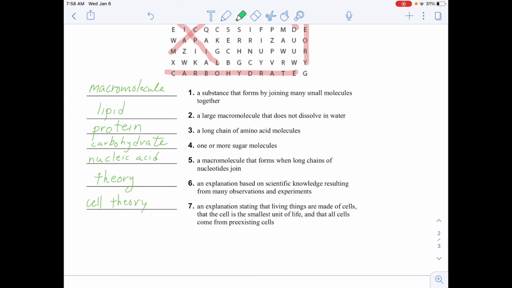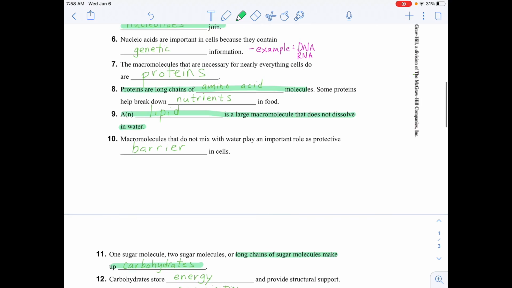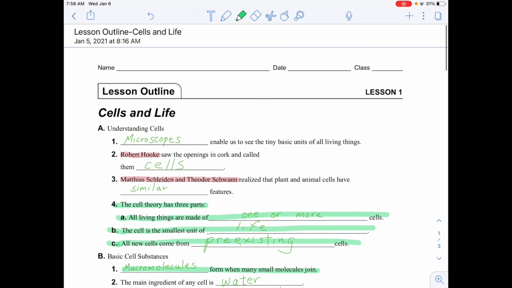If you were done, hopefully you did well on this. Please hold on to it. It's something you're going to be able to use when we have a quiz on this information. But also it's just good background to hold on to if we need to look back at things. And you're going to use it on another assignment later this week. So keep it in a